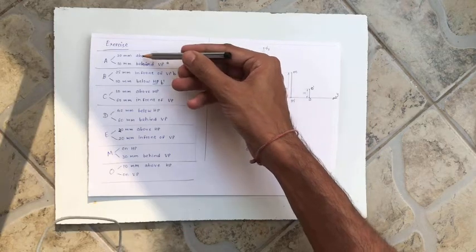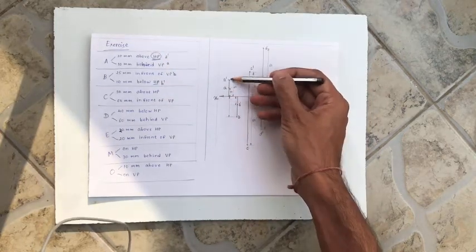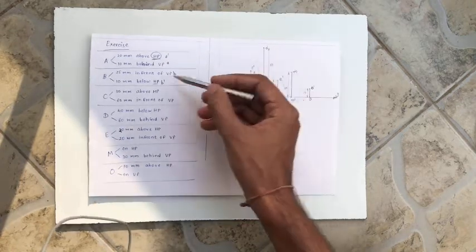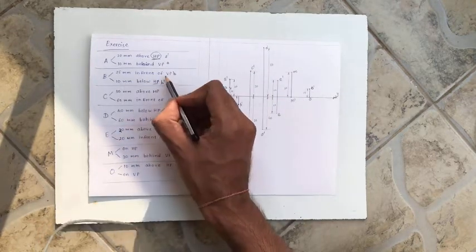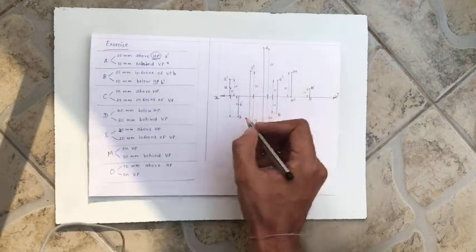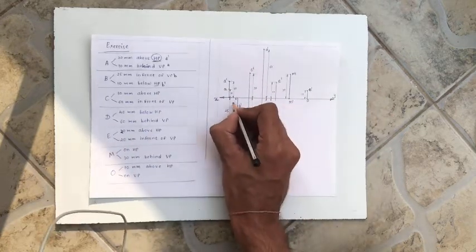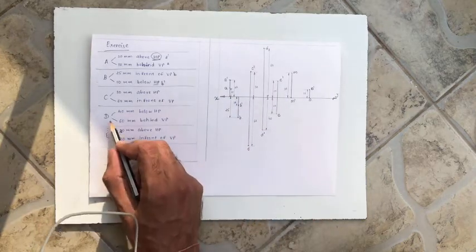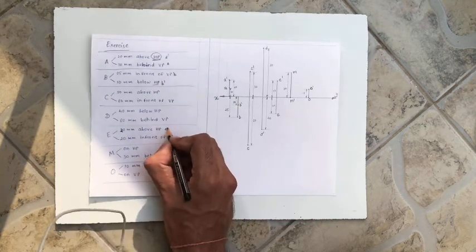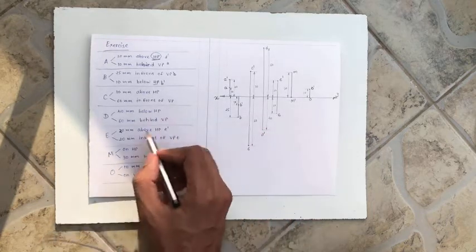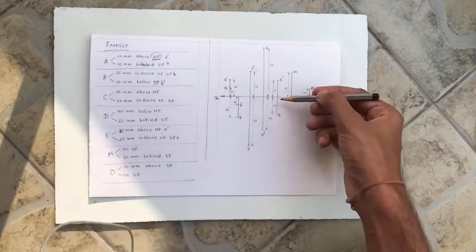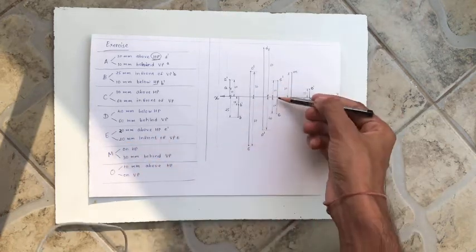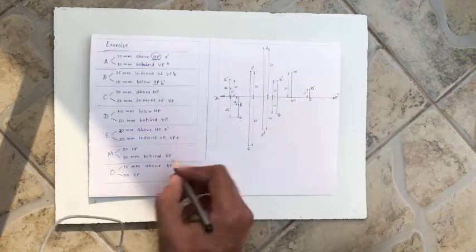Below it is given above HP, so see, 20 above means a dash. Behind VP it is 10, so 10 a. Again 25 mm in front of VP, so here below is the 25 and this one is 10, so VP means it is B and B dash. Same way, let's say is E point. HP means E dash and this should be E. Let's check. So 20 above means up above the XY line, so that is E dash. In front means below, so you can verify others also.